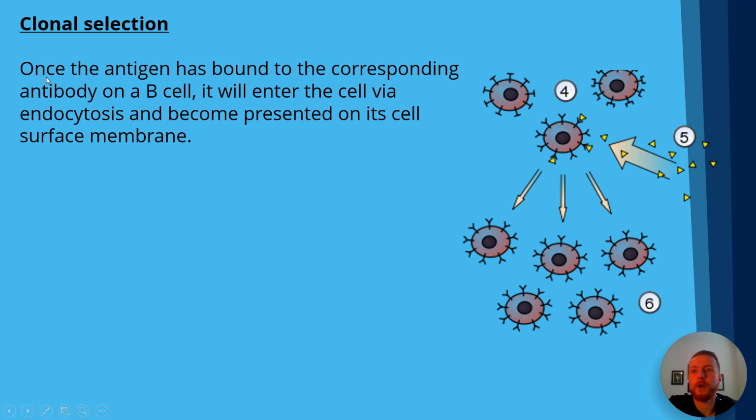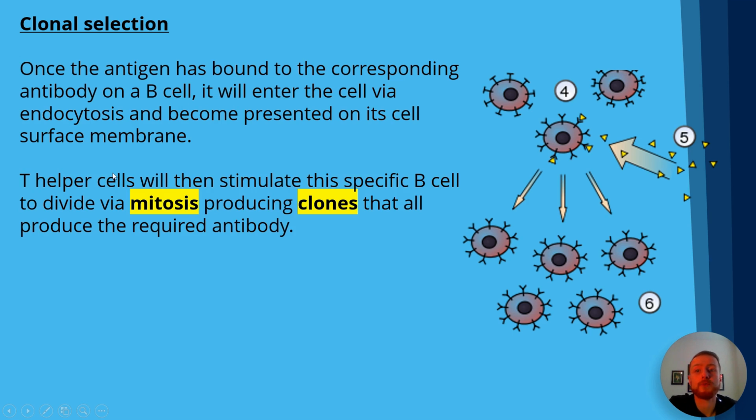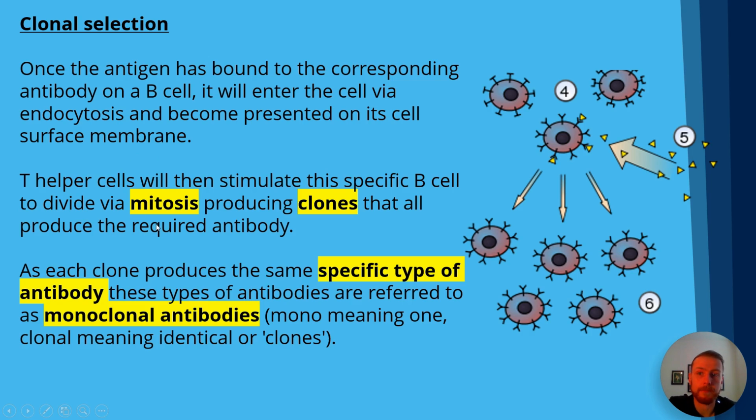So just to summarise, once the antigen is bound to the corresponding antibody on a B cell, it will then enter the cell via endocytosis and become presented on its cell surface membrane. T helper cells will then stimulate this specific B cell to divide via mitosis, producing clones that all produce the required antibody. As each clone produces the same specific type of antibody, these types of antibodies are referred to as